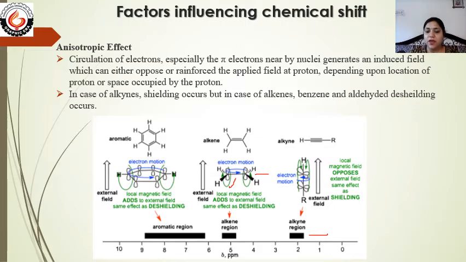That's why the alkyne is found at the lower ppm value. The signal for alkyne comes between 1.5 to 2.5. That means a lower value. After that, we will find the signal for the aldehyde hydrogen, and then we will find the signal for aromatic, because the aromatic hydrogen is most deshielded due to the presence of lots of pi electrons in different planes.